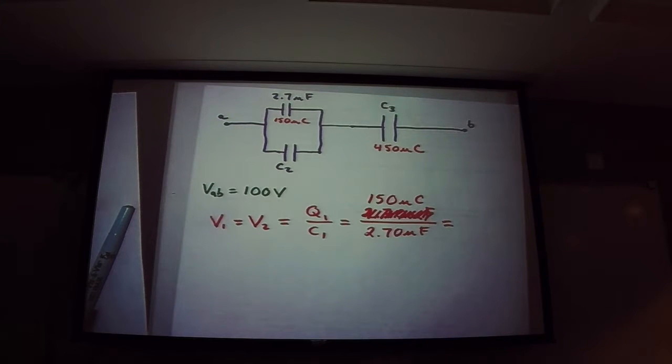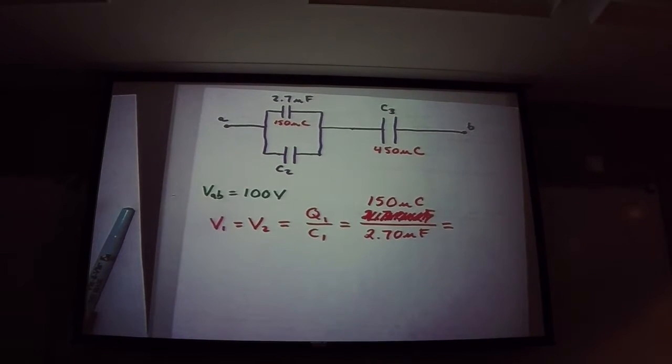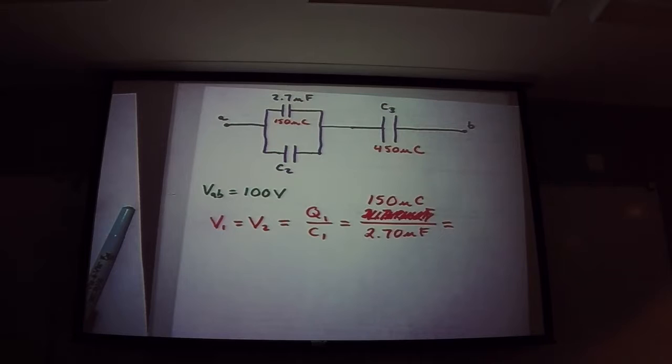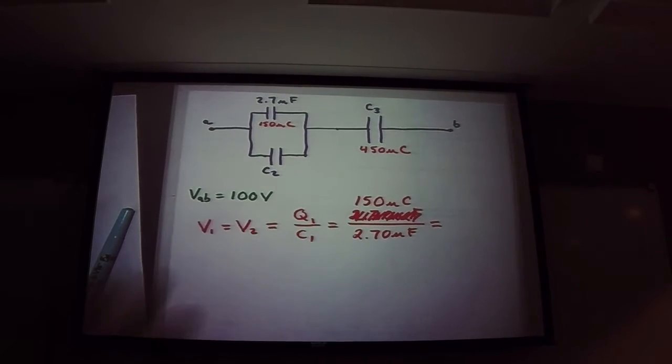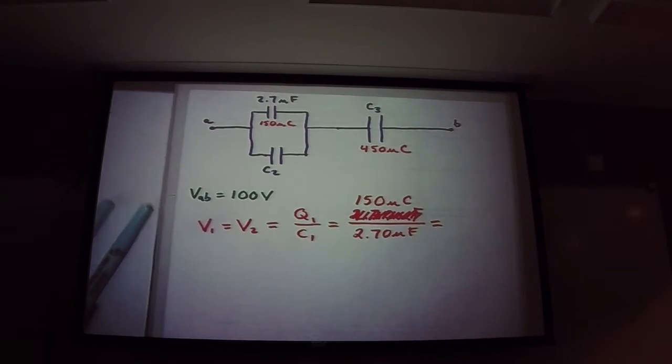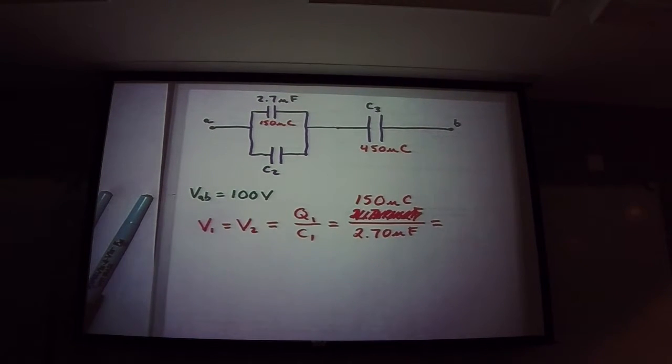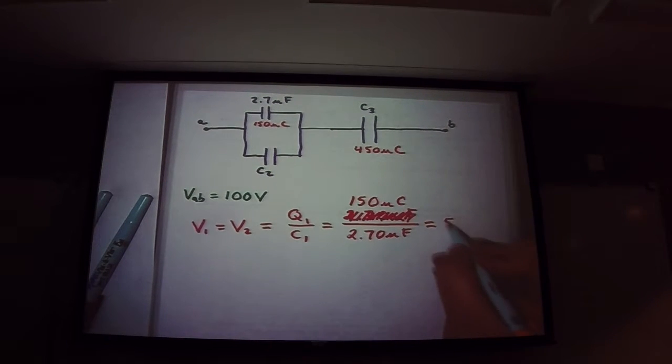Now notice in this case I kept the units of microfarads and microcoulombs. Usually when I work these capacitor problems and I've only got one micro flying around, I'll keep it. The reason is that in this case the micros just cancel. Remember, they're just factors of 10 to the negative 6. So they cancel out. And so what's 150 divided by 2.7? Might even go evenly, I don't know. Okay, 55.5, or 55.6, I guess, right? 55.6